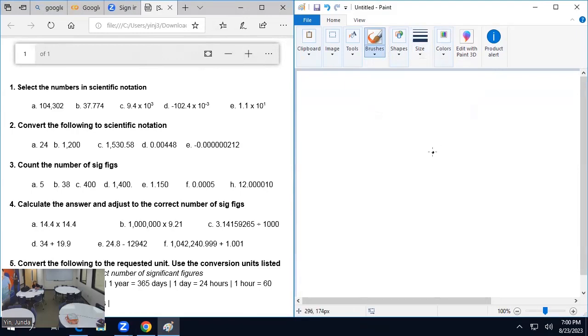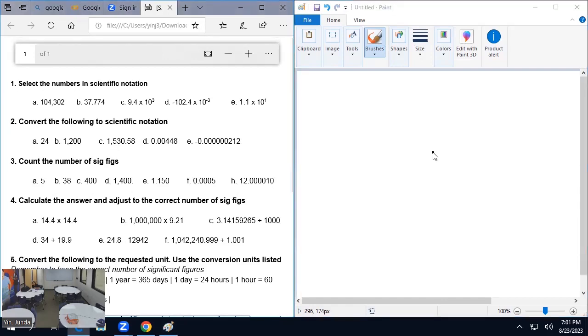Scientific notation is when you have that 10 times to the whatever. You'll definitely need the exponent. What do you call that? I don't remember, but 10 to the power of something. Yeah, you'll definitely need that exponent. There's also another property of scientific notation: it only has one number followed by a decimal. So for example,